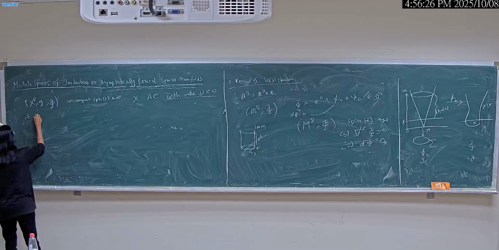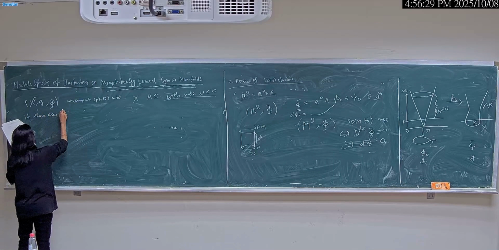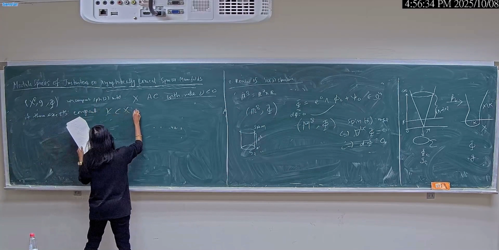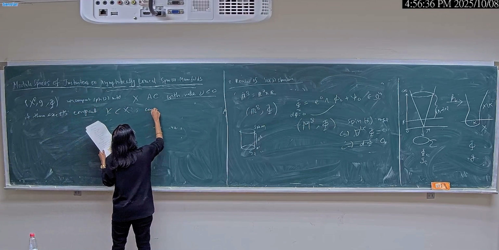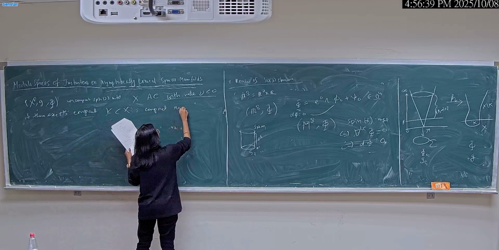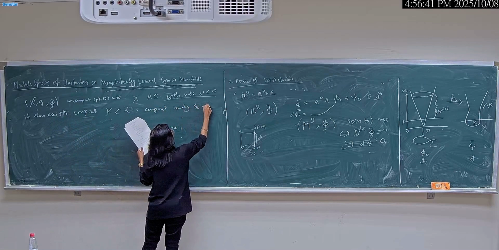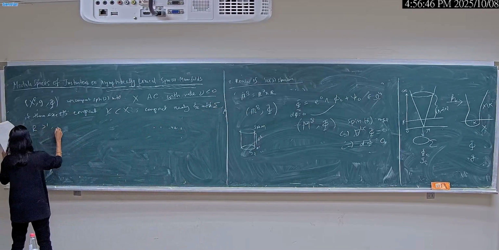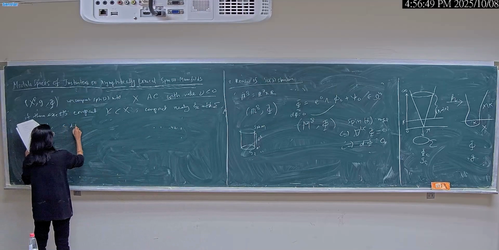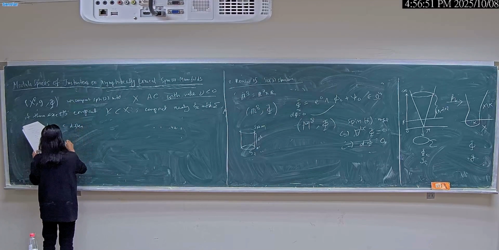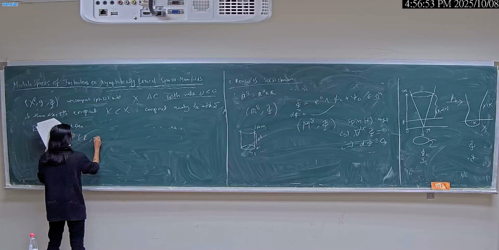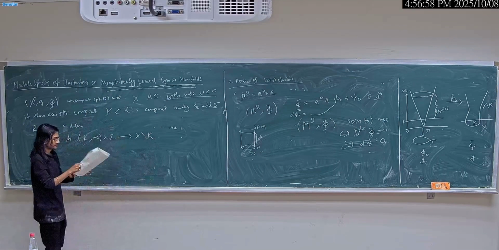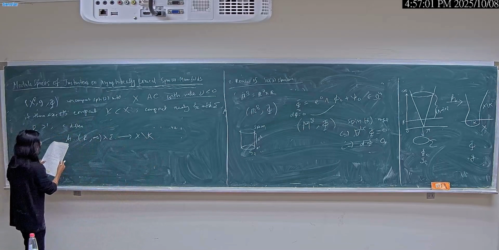If there exists a compact set K, a compact nearly G2 manifold sigma, R greater than 1, and a diffeomorphism H from (R, infinity) cross sigma to X minus K, such that